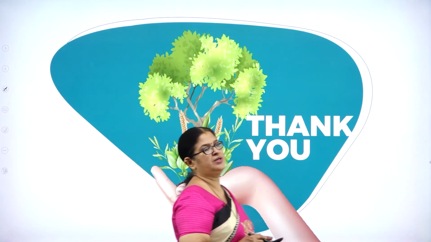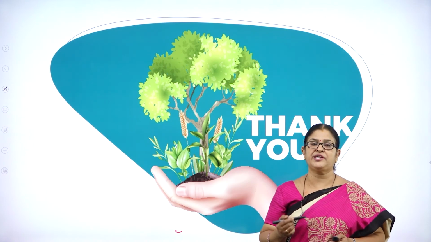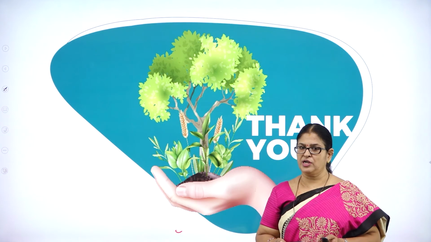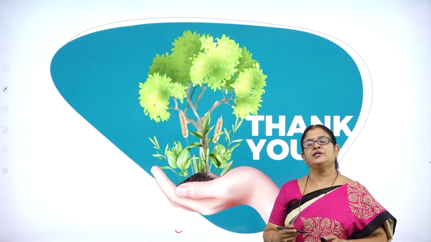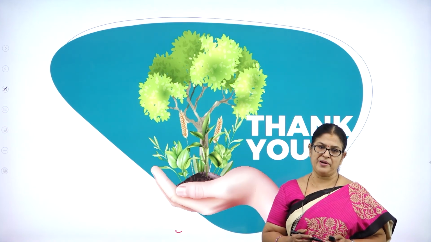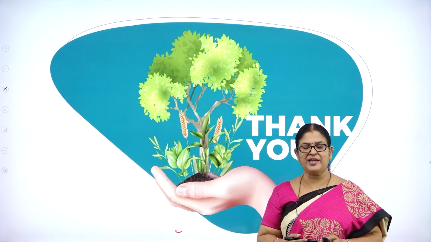Hope you have understood the concepts I have explained in this session, where we studied the anatomical features of a dicot leaf compared with a monocot leaf, and also the secondary growth in dicot plants. In the coming session, I'll be continuing the same secondary growth in dicot plants, and I'll be back with some more interesting concepts. Till then, goodbye and thank you.